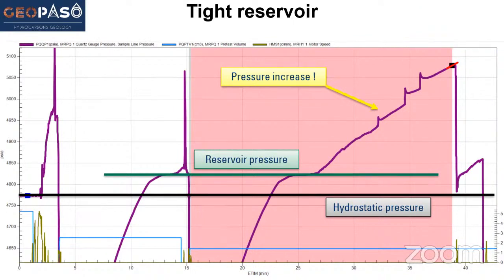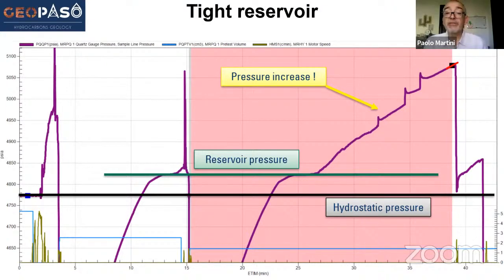Okay. The last question: he is saying, how would thin layers behave if you are using a dual packer, straddle packer, instead of a single probe? Would it still be possible to get a gradient? I believe so, yes, because thin